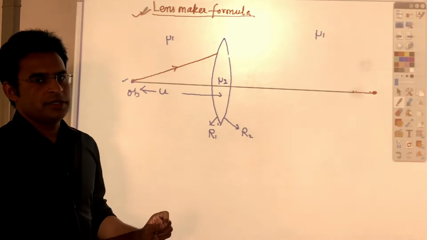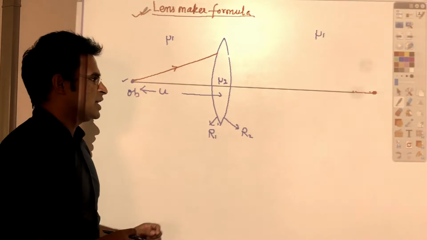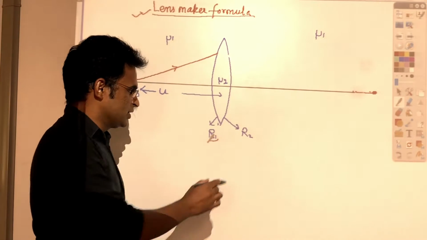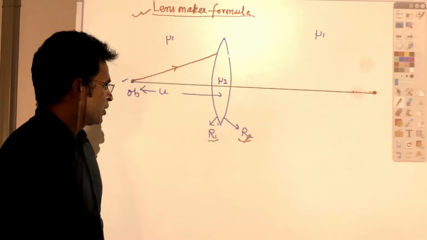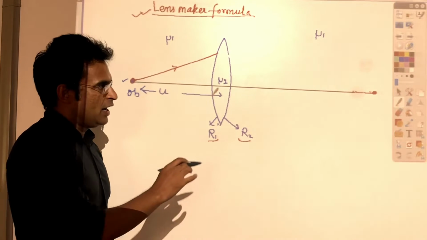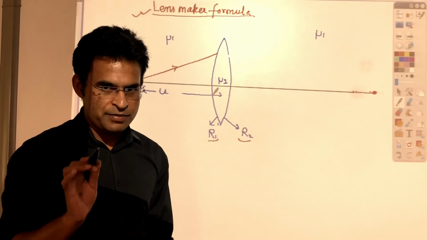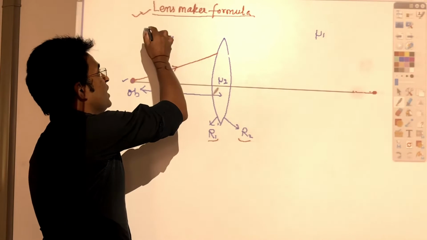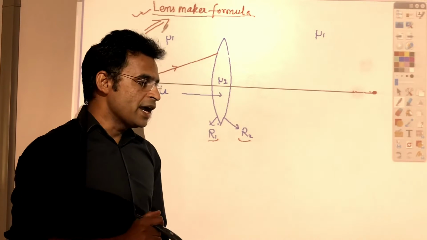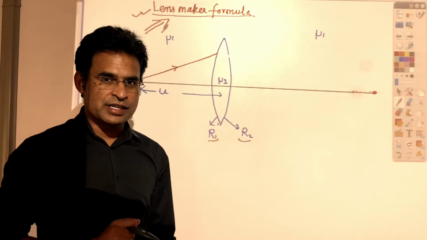Yes, this video is about the lens maker formula, basically a derivation of the lens maker formula. For that purpose, I take one convex lens, with the left side radius R1 and the right side radius R2. Now one object is placed at distance u from this lens and I need to find the position of the image using a ray diagram, and after that I'll do some mathematical calculation and derive the lens maker formula. So basically I want to derive the lens maker formula using a ray diagram and some mathematical calculation.